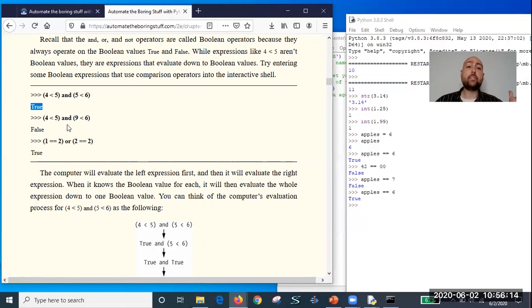Is 4 less than 5? Is 9 greater than 6? Well, 4 is less than 5, but 9 is not less than 6. So the whole thing comes back as